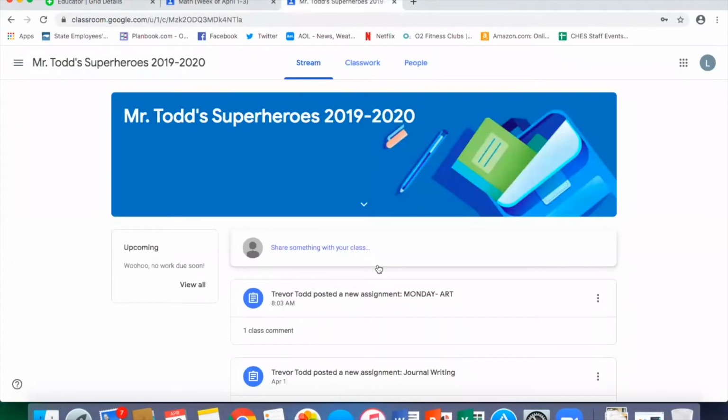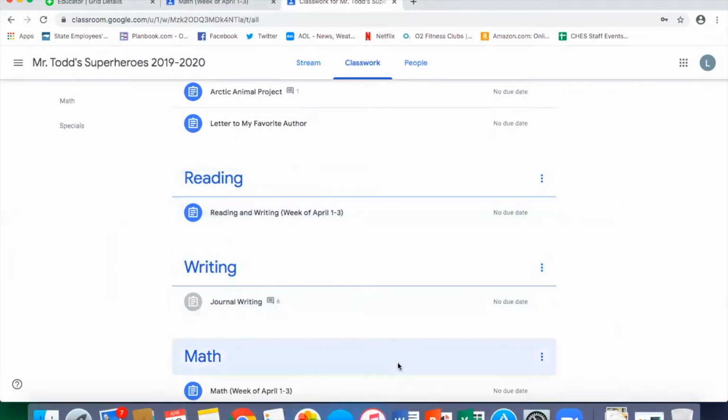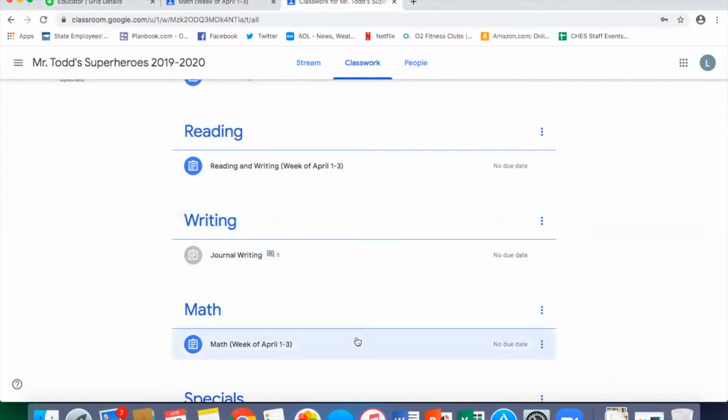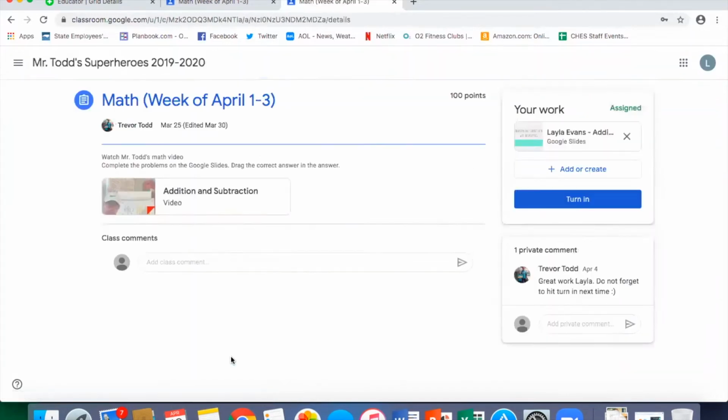So look over right now at my screen. This is the reminder for Google Classroom. I have logged in as a student so that you can see what your child should see. They're going to go up to classwork, and I've had it all organized as the weeks go by. This was the week before spring break. There will start being a due date here. When you go into the assignment, you're going to hit view assignment, and once you have completed the work here,